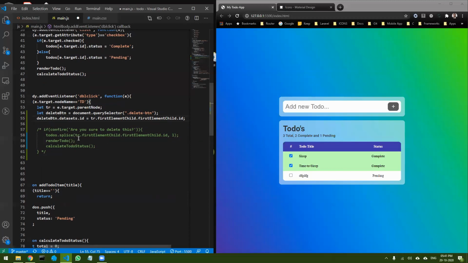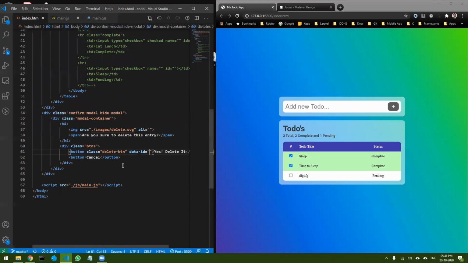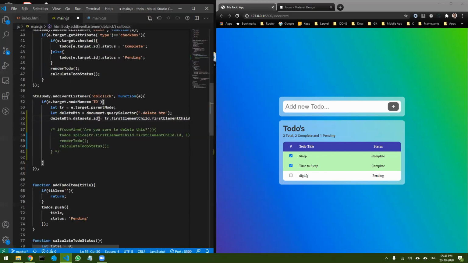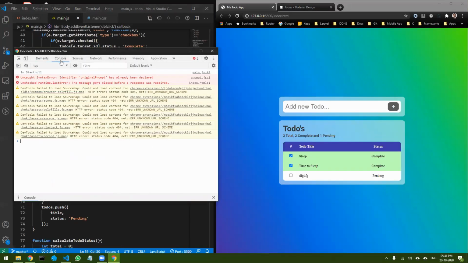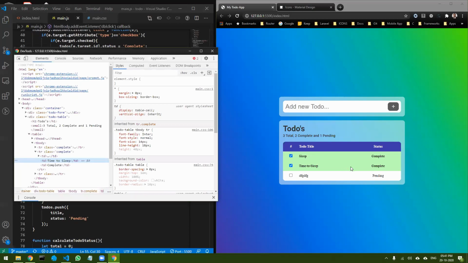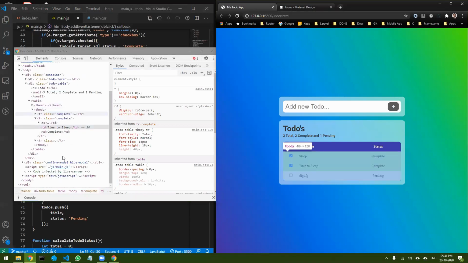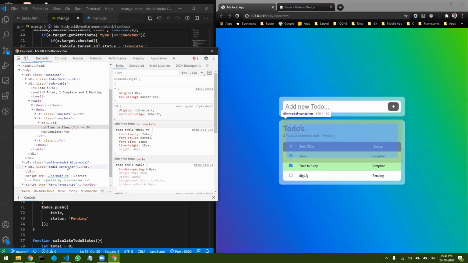So what I'm doing is just using the previous logic of getting the ID from the tr's checkbox element ID, and I am saving it in the dataset ID, that is data-id. After running this code, it should update it over there. So let's find out if it works. Let's open the console. Let's go over here and double click, and once I double click, if I open the confirm modal